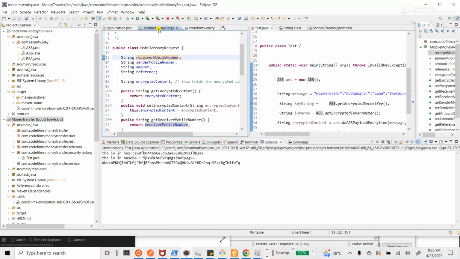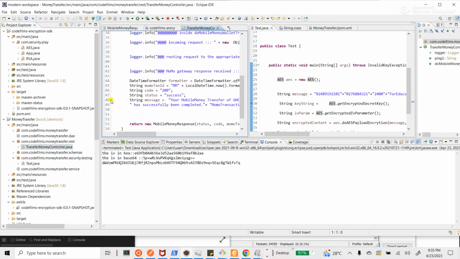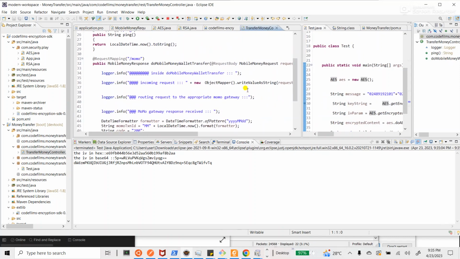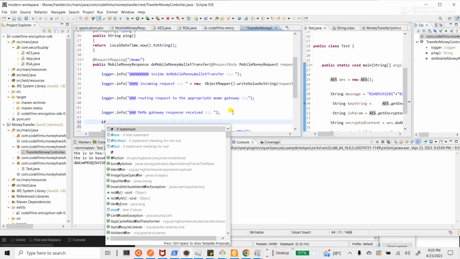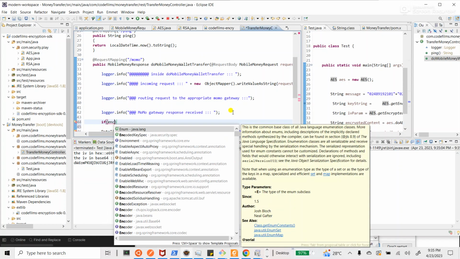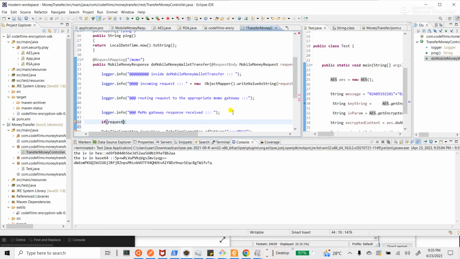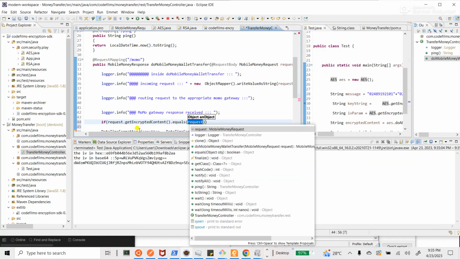So now this is how we are going to do the payload encryption. Let's go to our REST controller, the transfer money controller. That's where our logic is coming in, and this is where we are going to write our implementation of encryption. Remember, it's like a password. So what we are going to say is that if the request dot get encrypted content is not equal to,